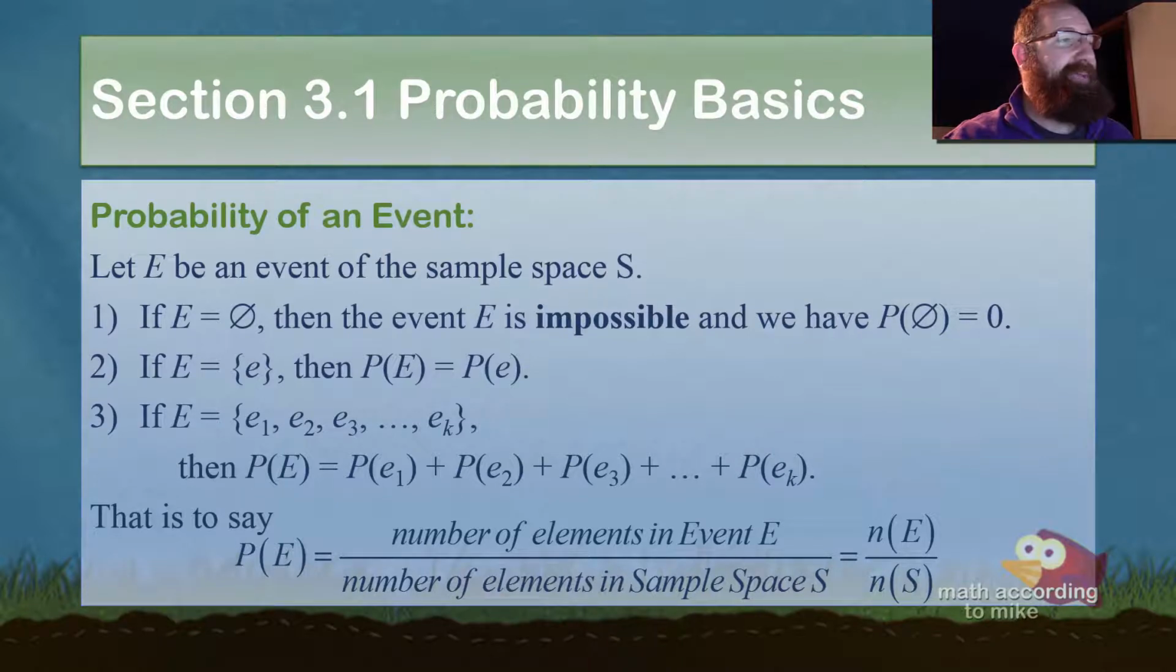Whereas in 3, if the event is made up of several outcomes, then what you do is you add the probability of each outcome together. That is to say, the probability of the event is the number of elements in event E divided by the number of elements in sample space S. It looks like a heavy formula, but if you are following along with the last video,